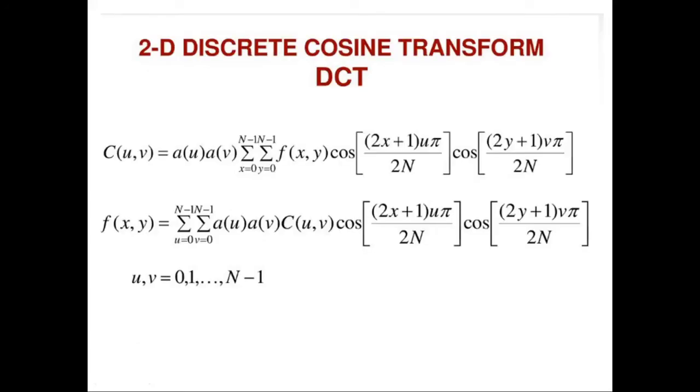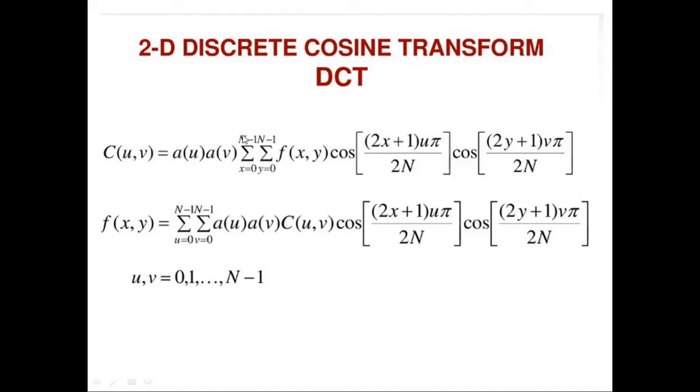So the same concept can be extended for a two-dimensional discrete cosine transform. So this 2D DCT is particularly used in image processing. We have an image, it is a 2D signal. F of x comma y is an image which is of size n by n rows and n columns. X is varying from 0 to n minus 1, y is also varying from 0 to n minus 1. This image is multiplied by the kernel along x direction multiplied by the kernel along y direction.